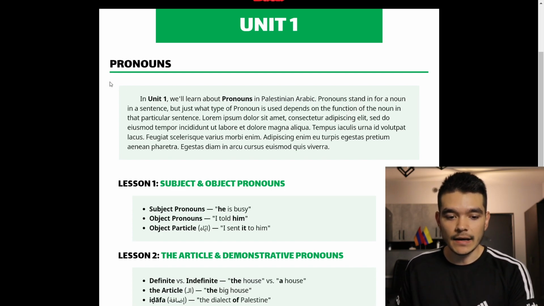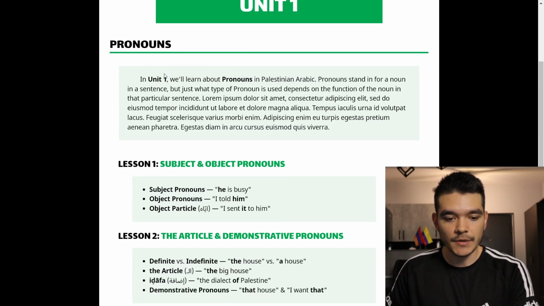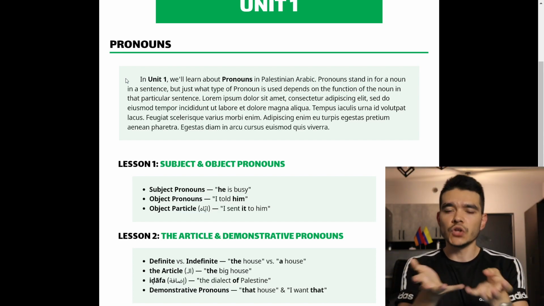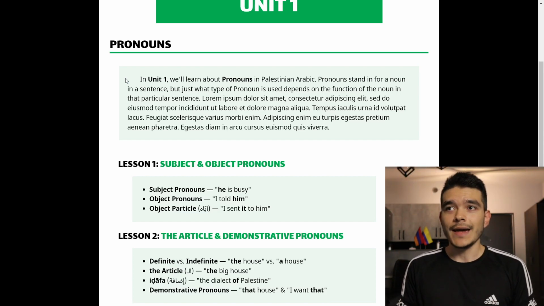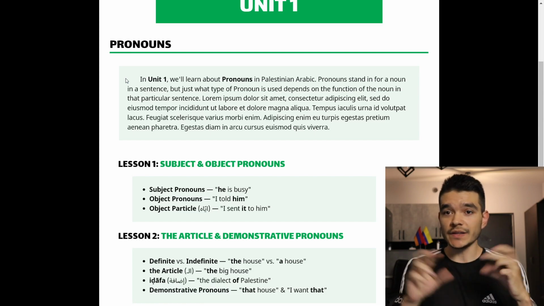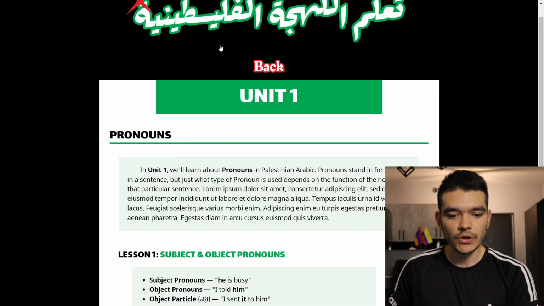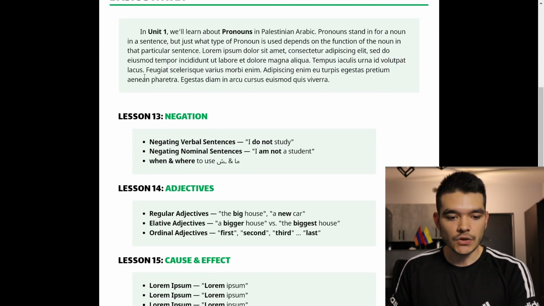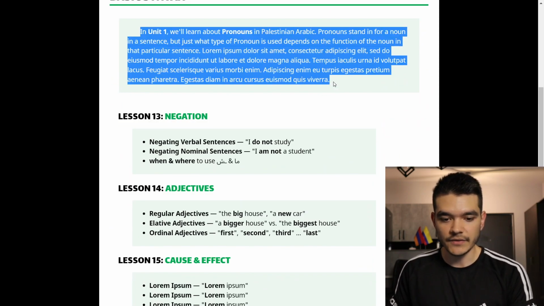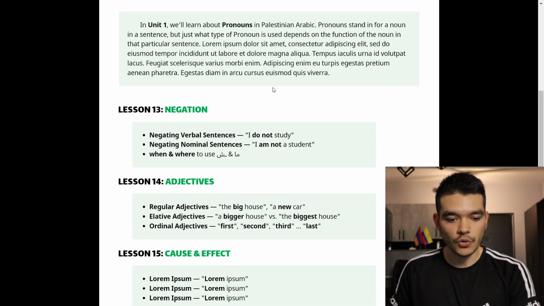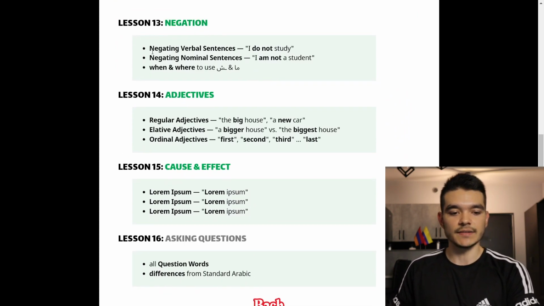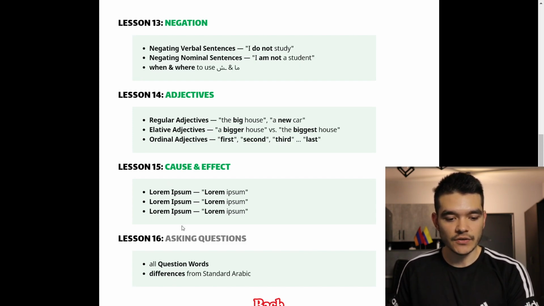So the idea is that here I'm going to post a blurb where I give an overall notion of what this unit is about and how the lessons within it relate to each other. If we look at, for example, unit 4, basic syntax, it's the same flavor text, but later it'll have more. And basically it will tell you how to use these lessons. Like, okay, how does this stuff go together? Actually, this order is a bit wonky. I'm going to change it.